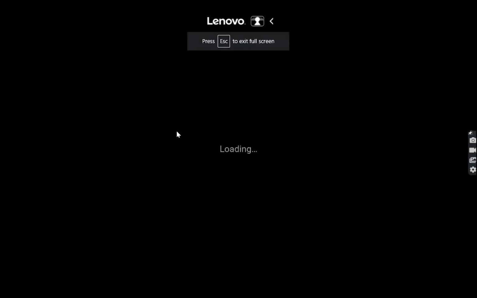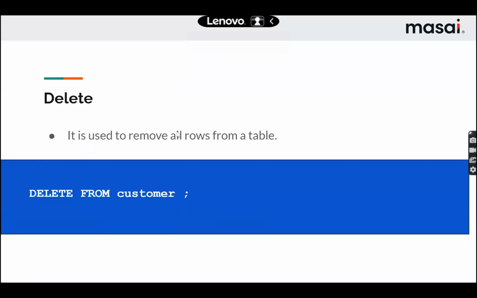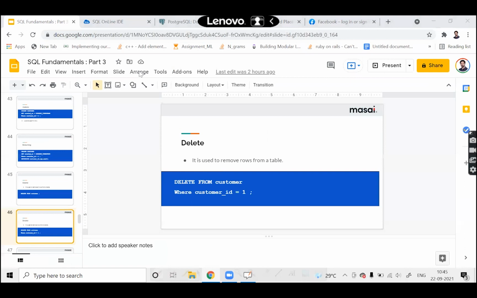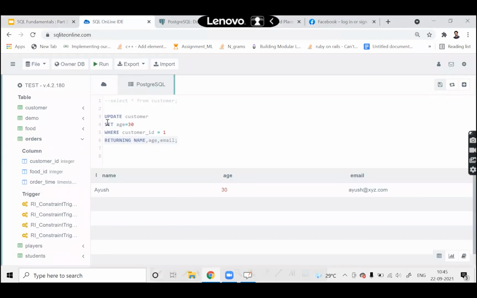So now let's move to the next one, that is delete. Okay, so what is delete for? It is used to delete, remove all rows from a table. If you just write delete from customer, it will delete all the rows. But if you write delete from customer where customer ID equals 1, then it will delete only that entry. Okay, so in that case, what I can write here,